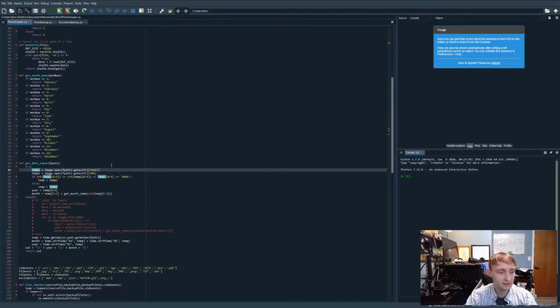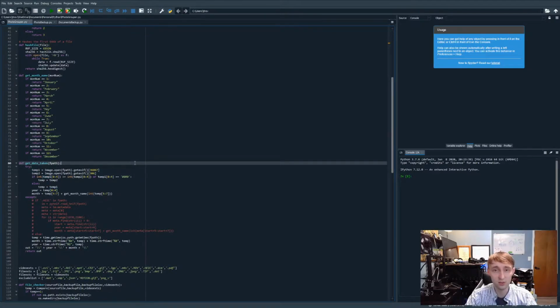So getDate is designed to basically do just what its name says. I want the date a photo was taken, not the date it was last edited, not the date it was last opened, not the date it was imported onto a computer. I want the date the digital camera that took that photo actually took the photo. Because for me, at least, that's how I remember events. If I want to go back and look at photos from high school someday in the future, not sure why anyone wants to revisit high school, but if you do,